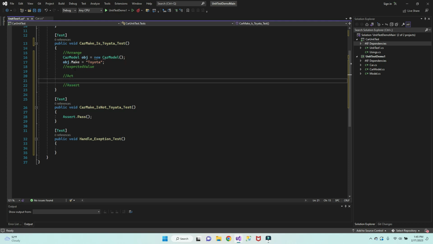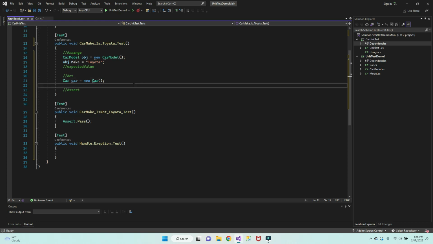So I'm going to the act. We're going to come back to the expected values. We already know the expected value, but I'm going to come back to that. So the act now, we want to make sure that we are getting that method hit. So let's try to hit that method. It's a car, like that, car equals new car. As a class object, you're creating an object of this car, and then inside the car we have that method, right? So let's call this actual